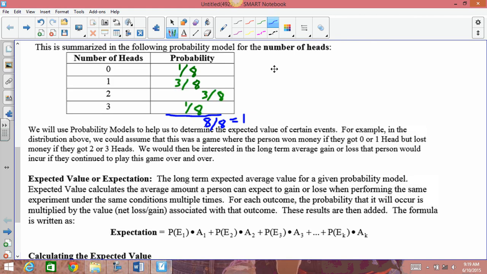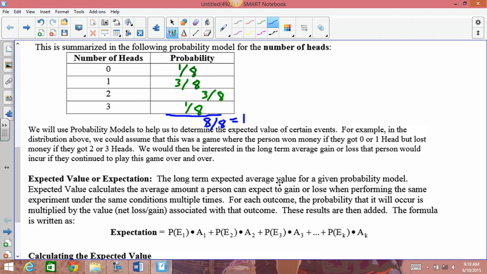And this might be where, hey, you're going to play a game with somebody, and if you get 0 or 1 head, then you win $5, but if you get 2 or 3 heads, then you lose $3. And we would say, okay, well, if you were to play this game over and over again, would you be expected to come out on top or in the hole, kind of thing? So expectation is a long-term expected average,